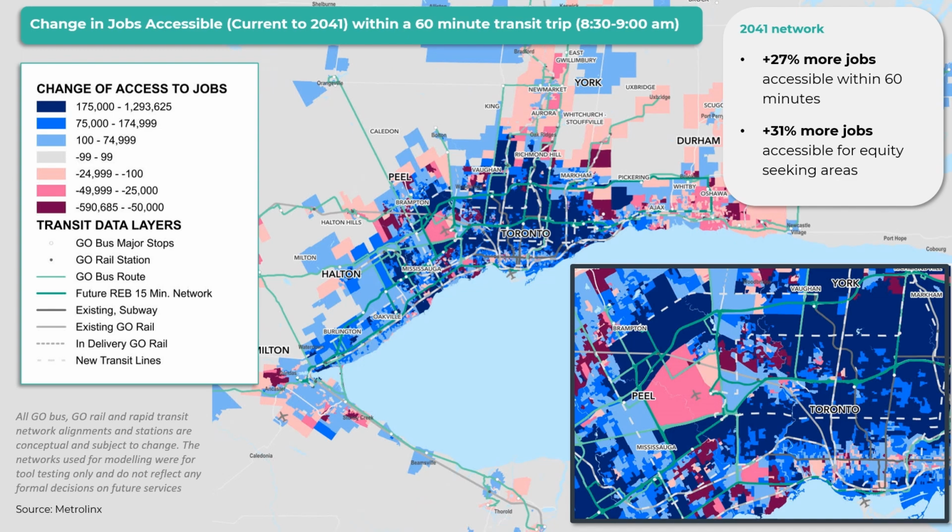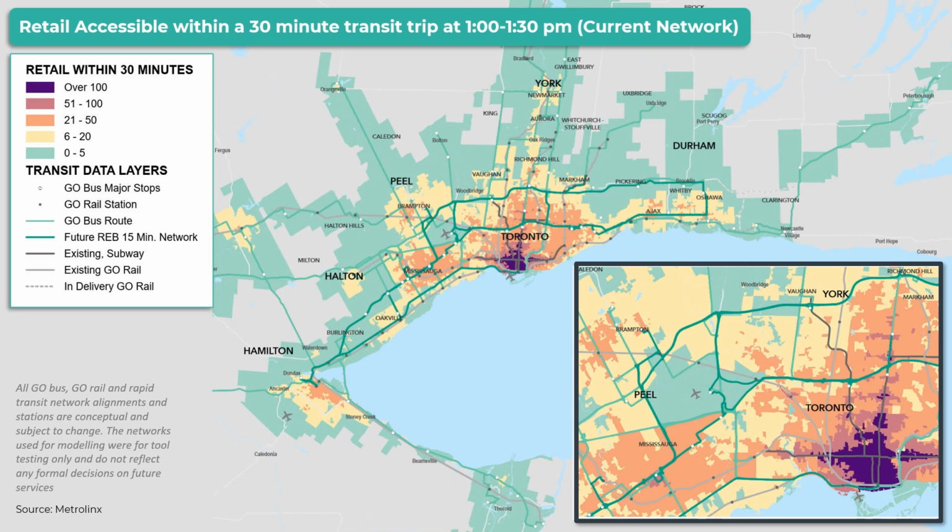But while trips to work at traditional peak periods are vital, shifts in work schedules and post-pandemic shifts to hybrid work or work from home have altered the parameters of transit planning. Increasingly, many jurisdictions are seeing a rise in midday trips with a general flattening of peak demands. This means a successful transit system increasingly needs to be designed to be convenient for all trips, not just peak commutes.